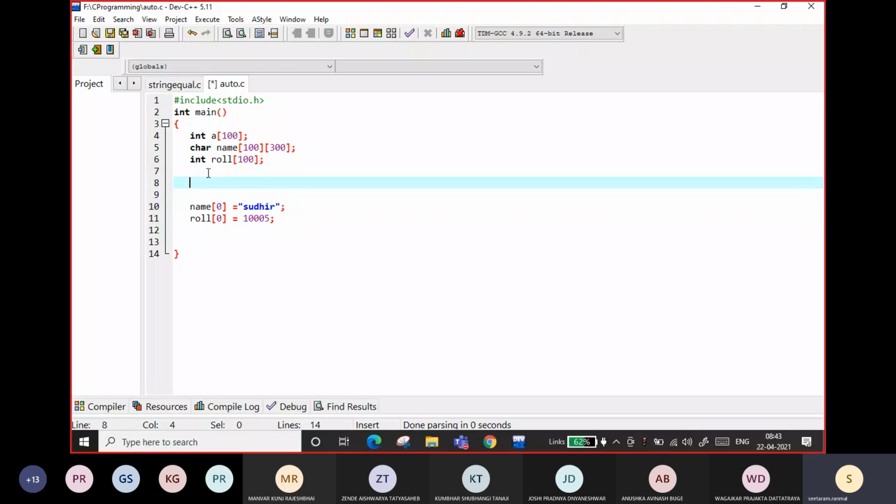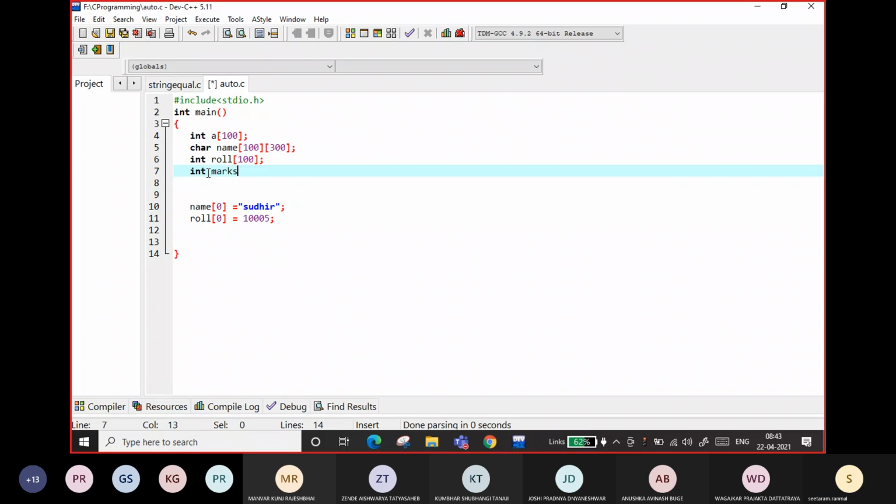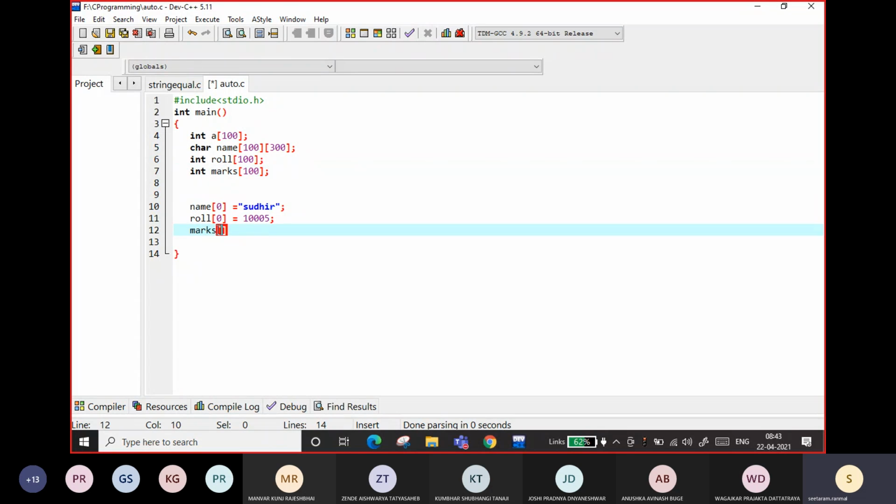If I want to store more information, like subject, or say marks, I will put marks. Again I will have an array of 100. So marks of 0 I will put 30, and so on.